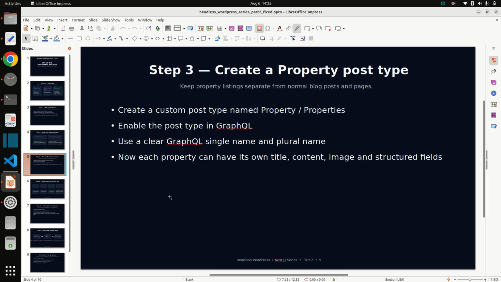Now for step 3, we create the property post type. Keep the property listing separate from normal blog posts and pages. Create a custom post type named property.